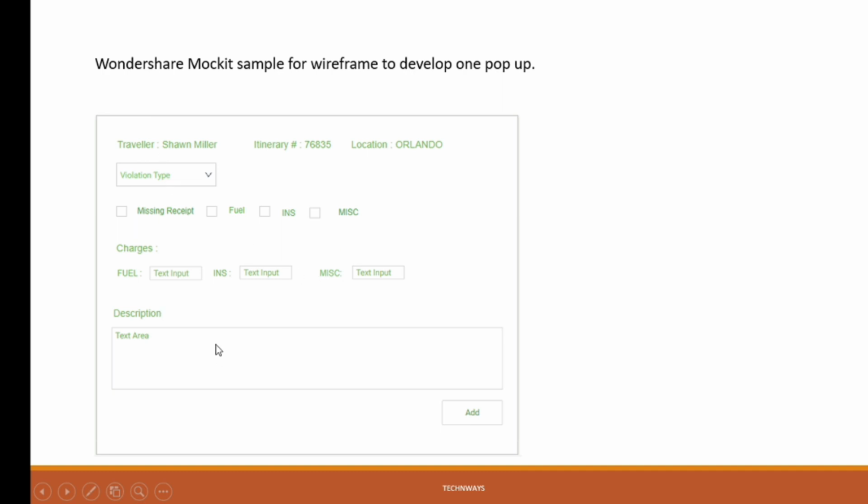Here you can see, if we don't have this design created and we directly start developing this particular page, we won't be sure where we need to put the text area, or where we need to put the check boxes, radio buttons or text boxes. Currently I'm showing a text box here for the charges. You can see we are showing three different text boxes. So if the customer is not satisfied with the three text boxes, he wants us to develop an application